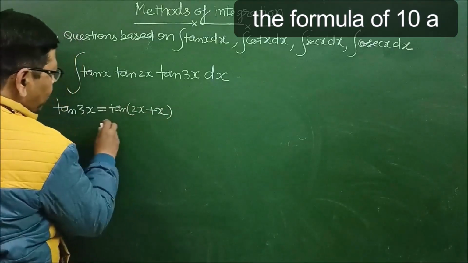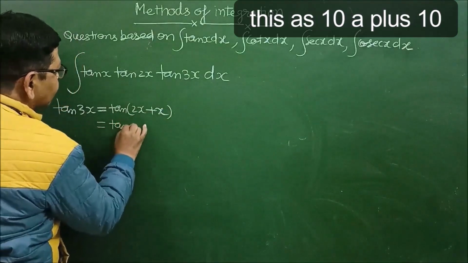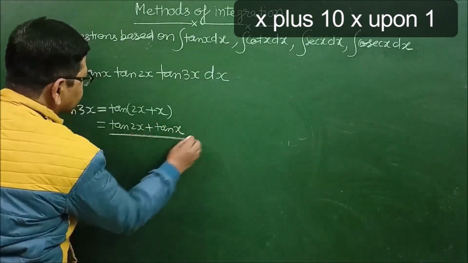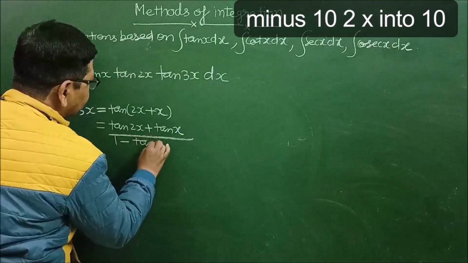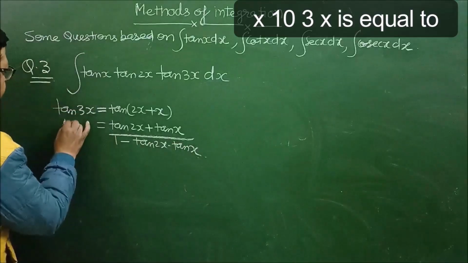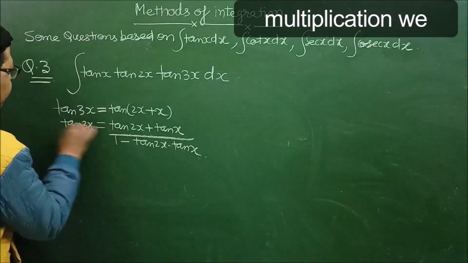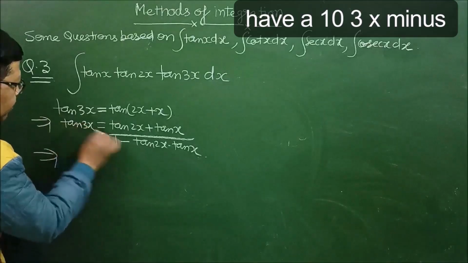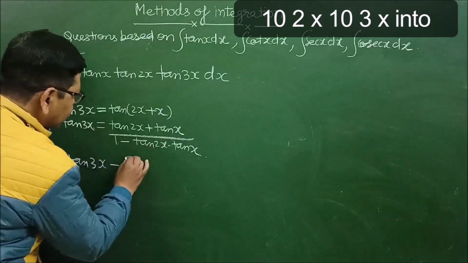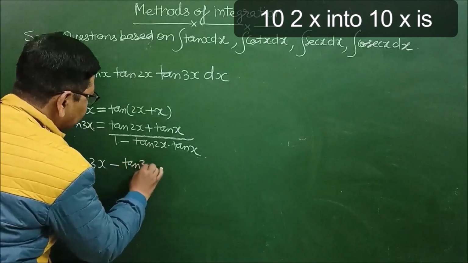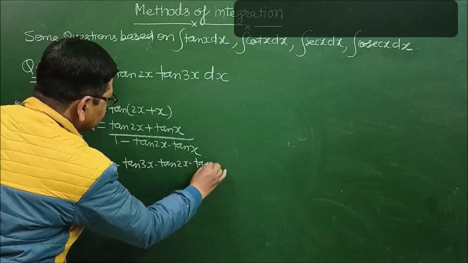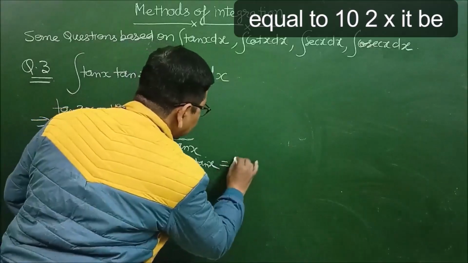Now using the formula of tan(A plus B), I can write this as tan A plus tan B upon 1 minus tan A tan B, that is tan 2x plus tan x upon 1 minus tan 2x into tan x. Tan 3x is equal to, now by cross multiplication we have here tan 3x minus tan 3x into tan 2x into tan x is equal to tan 2x